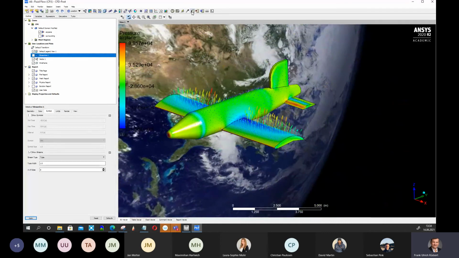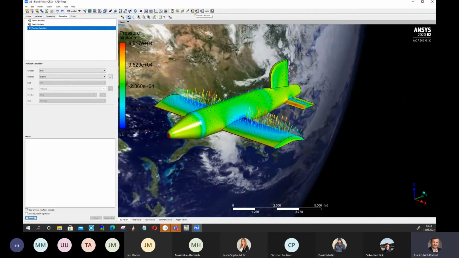Okay, again, we go to our function calculator. We want to calculate the forces of the airplane. First we take Z direction. Z is interesting. It's the lift force. We have about 2 million Newton, 2000 kilonewton in Z direction. And I want to know how much drag force we have. We can go to Y. Y direction is the drag force. We calculate it, and we have again roundabout